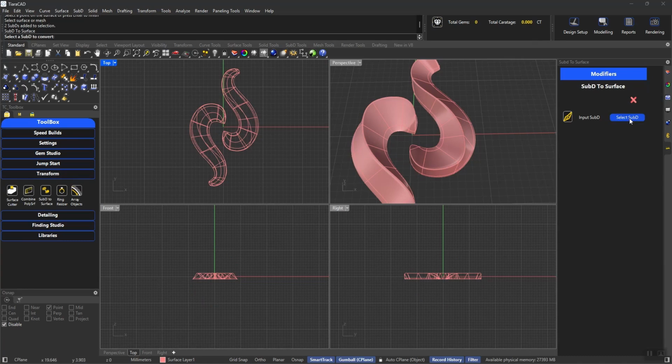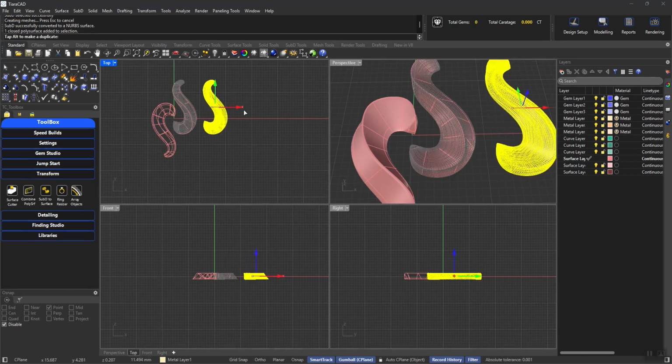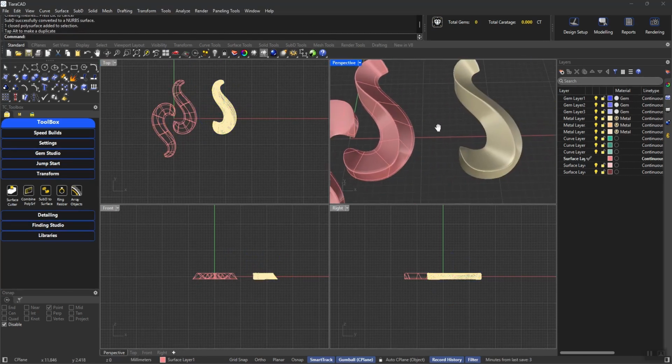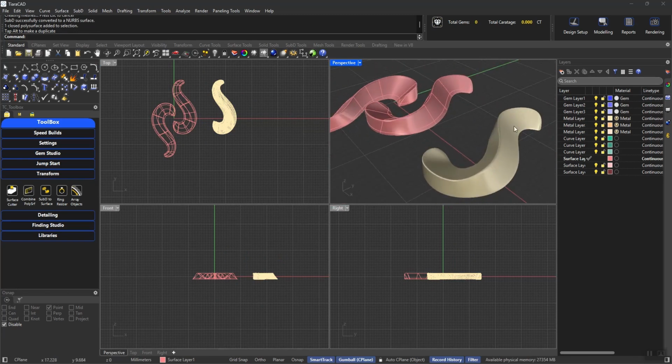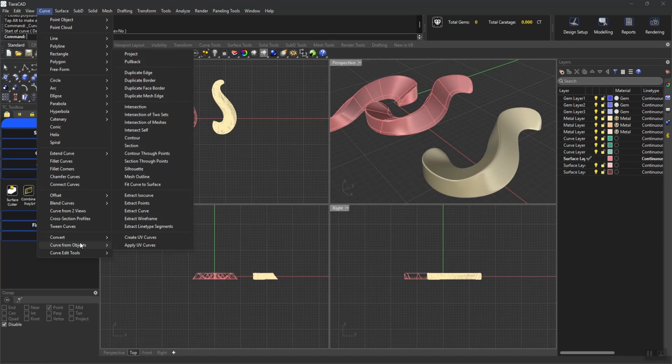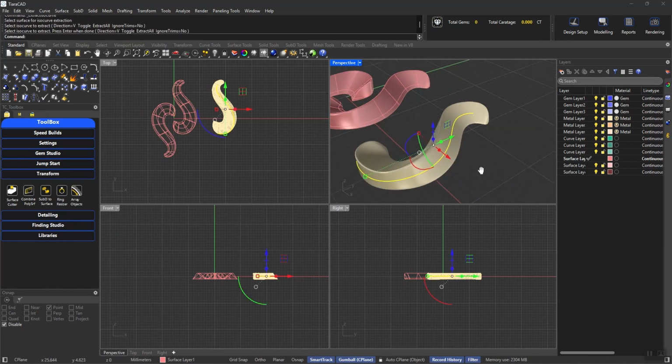So if I say select SubD, observe I have got a poly surface out here. Is it good? Yes, the quality is good enough, no worries. Now let's say I want to place stones out here. I can either draw a curve on it using interpolate on surface. Alternatively, I can even opt for extracting an iso curve. So let's say I place this curve out here